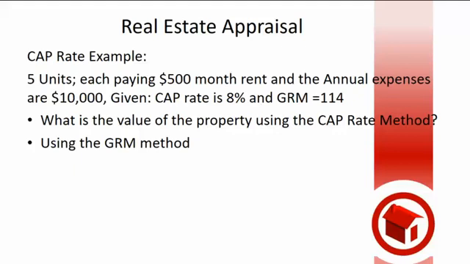There's the cap rate example. What's the value of the property using the cap rate example? It's there on the screen now. That would be $250,000. Now, there is a second way to judge a property's value. It's called the gross rent multiplier. A lot of times you hear it called the GRM.